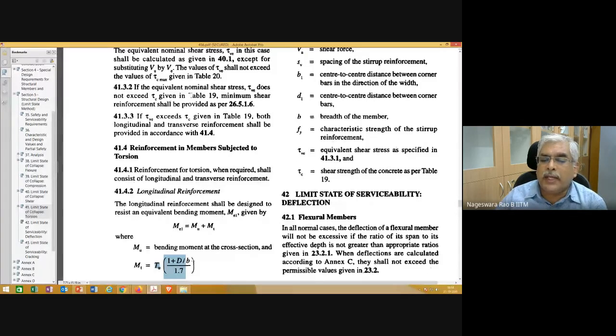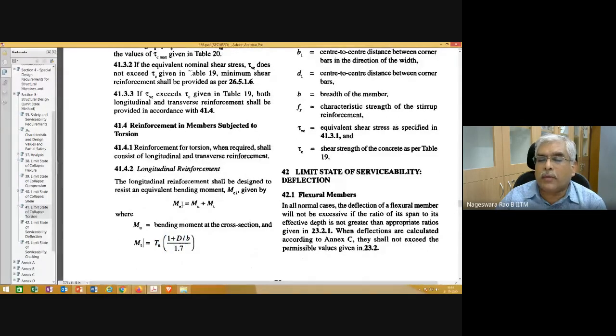So MT gives you the additional bending moment contribution because of the applied torque, a torsional moment, which is going to depend on the overall depth as well as the width of the section. And this 1.7 and other things all come from mechanics for a particular section. Details you will learn in your advanced courses. So this is the equivalent bending moment. You need to design your longitudinal reinforcement for this.